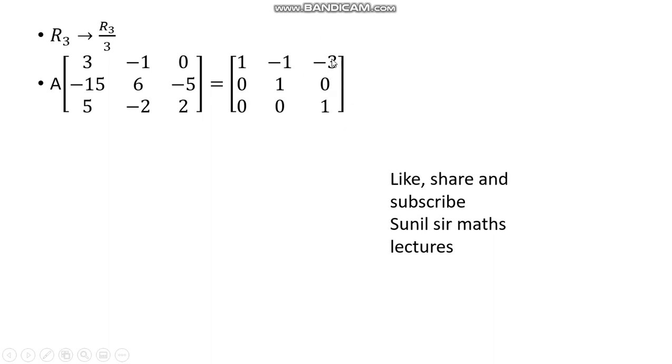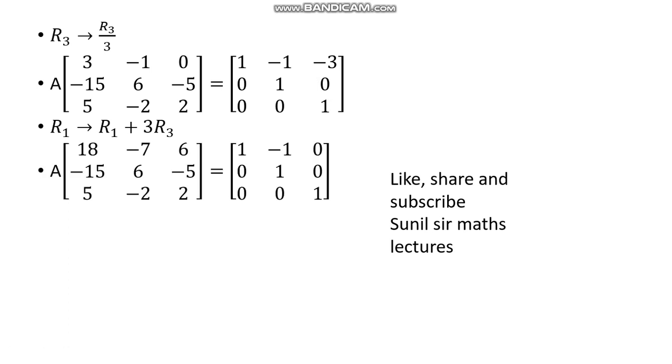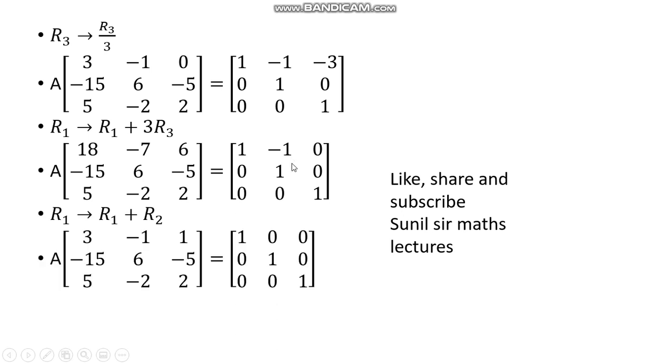This is 0. The one above you want to make 0. R1 tends to R1 plus 3 R3, then you get 0 over there. On the left side also there are changes: 3 plus 15, 18, minus 1 minus 6, minus 7, 0 plus 6. See, the left side and right side both are changing. The last step left over is R1 plus R2 to make that 0. So this is the end of the question. Whatever is left over is your